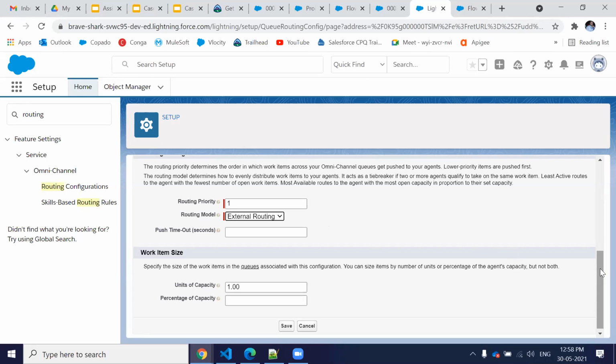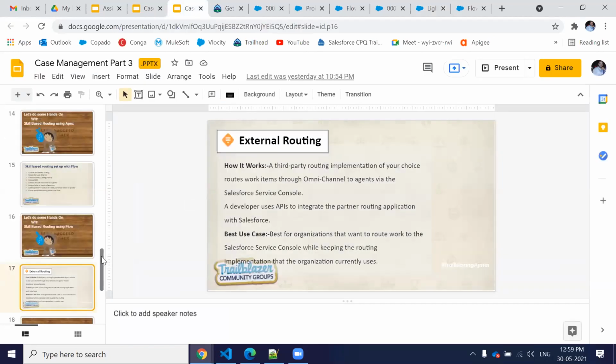Once they route the configuration, they're going to send you the pending service request IDs. These request IDs are the records we have sent into Omni-Channel, and Omni-Channel assigns those cases to the agent using the algorithms we have in place inside the external routing configuration. So that is how external routing works.